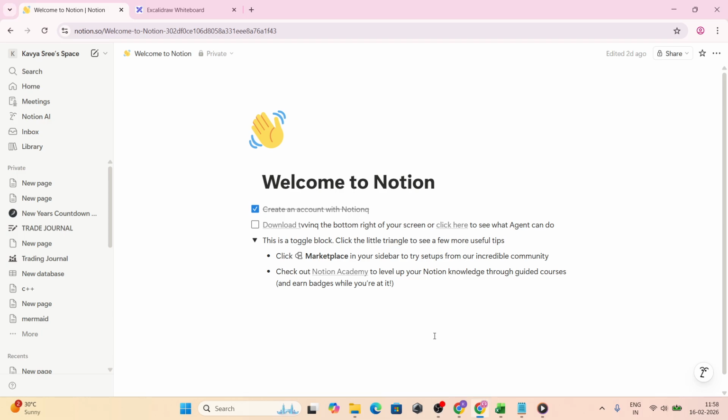In today's video, I'm going to teach you how to draw on Notion. If you've ever wished you could sketch ideas, map out a quick diagram, or brainstorm visually right inside your Notion page, this workflow will make that possible in just a few minutes. We'll use a web-based whiteboard and embed it into Notion so you can draw directly on your page and have